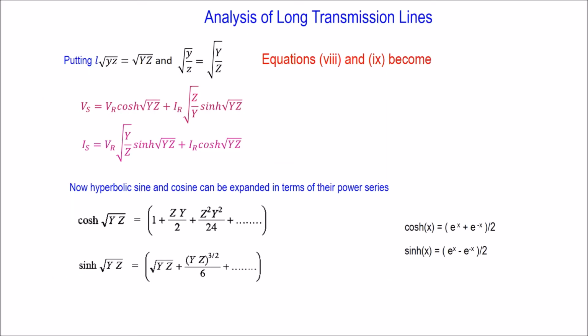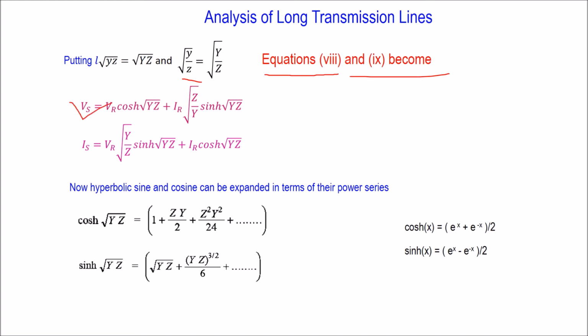Now after putting L root over yz equal to root over capital Y Z, and root over y divided by z equal to root over capital Y divided by capital Z, then equations 8 and 9 become these two equations,